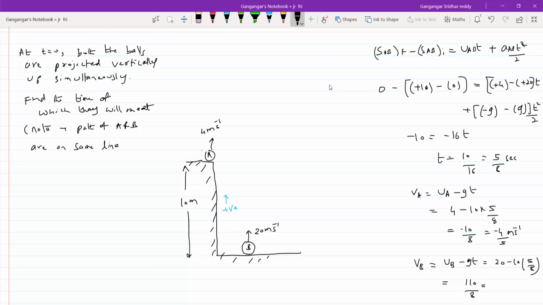Anybody, the value of this? 13.75. Okay, now can you say how A and B will be moving when they meet or collide? That is what the question will be. So look at the velocity of it, it's negative, no? I'll just shade it up. Just make an observation, green color here. I'm highlighting it. Look at that negative sign.